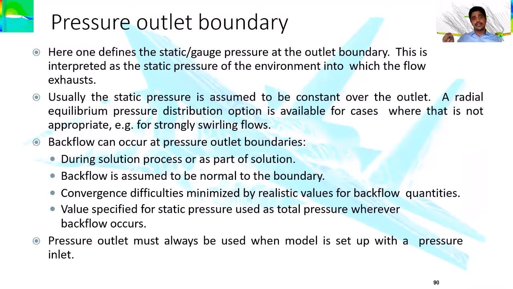And when you have not properly defined this outlet condition, convergence may never be achieved in some cases. If the solution needs to be obtained in 100 iterations, it may go for 1 lakh iterations also, and still the convergence may keep going. The convergence value will never come down, meaning the error will not come down. So we should be very careful when we set up these inlet and outlet conditions.